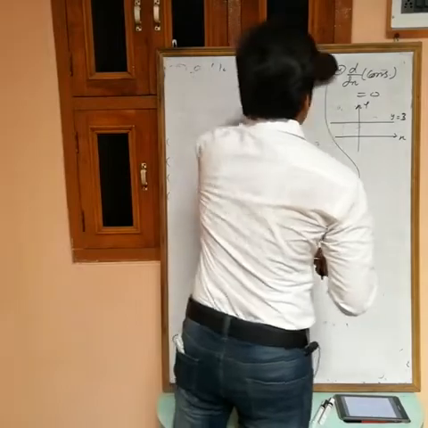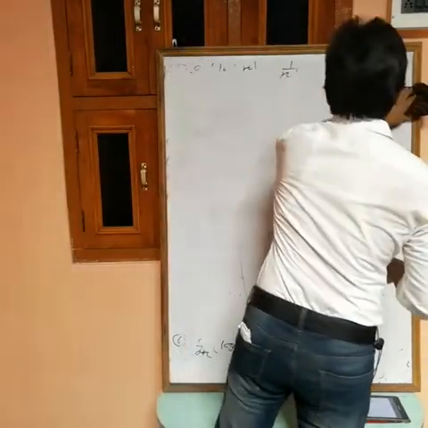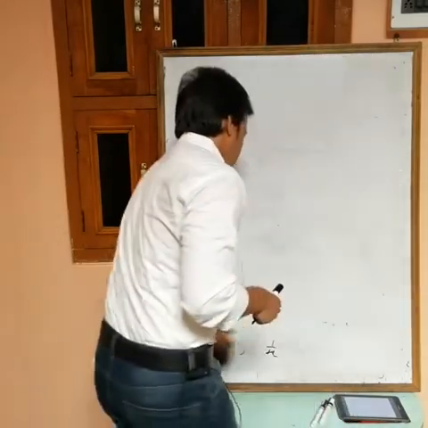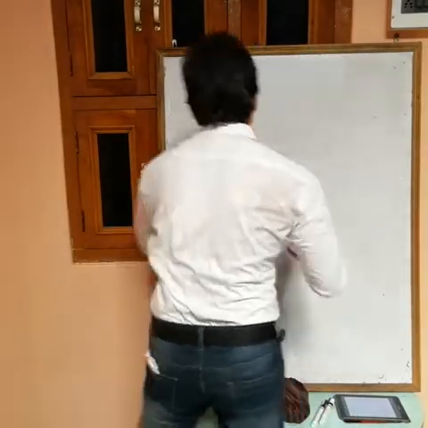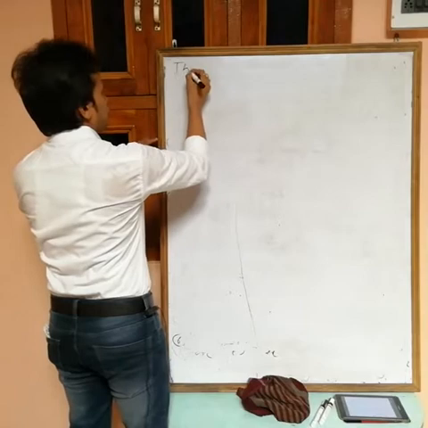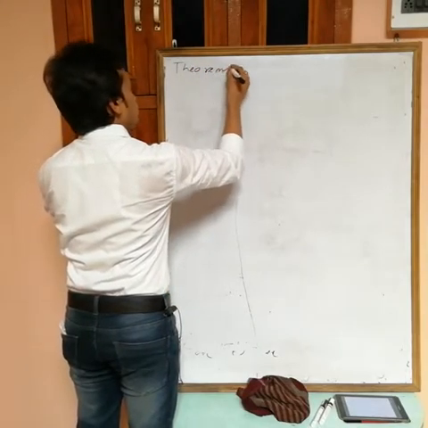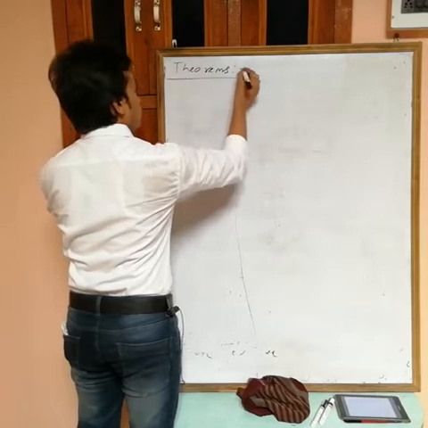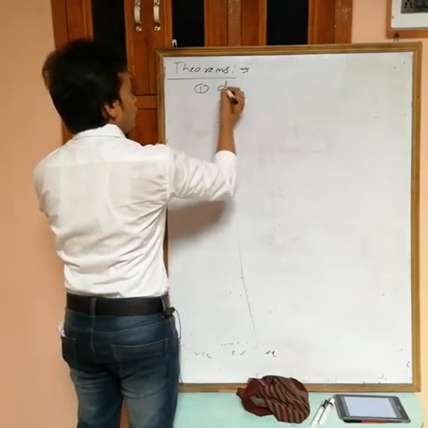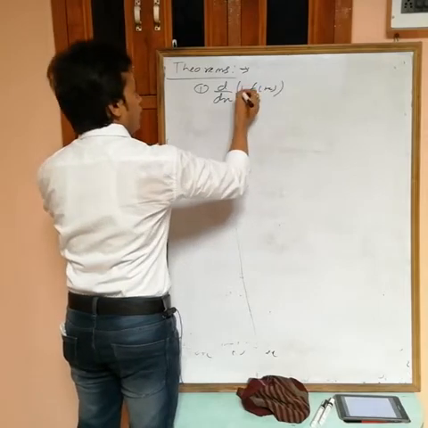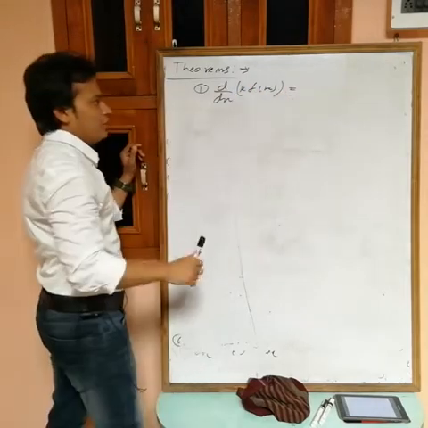Okay, so formulas are complete now. Now theorems on differentiability or derivability for differentiation. Theorems for differentiation. First one, if you want to differentiate any function f(x), and there is a constant in multiplication. Okay, one minute.